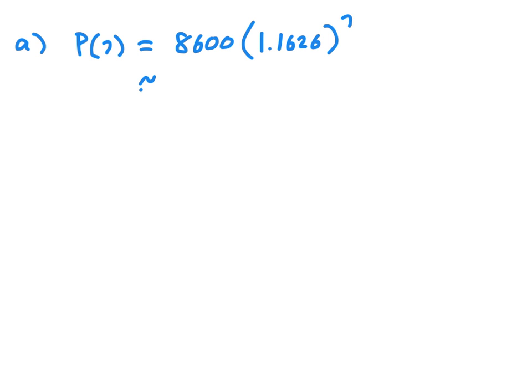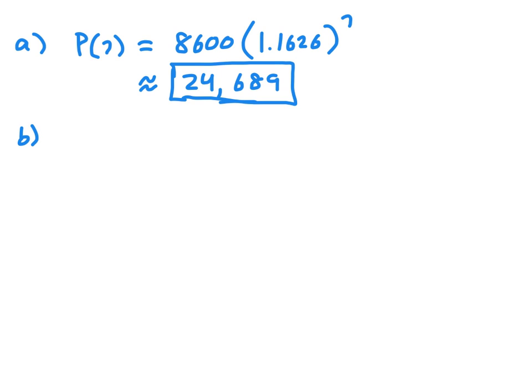And according to a calculator, this is approximately 24,689. Again, we're rounding this to the nearest whole number, as the question asked for the number of bacteria, and only whole number answers make sense for that particular type of question. In part B, we're being asked to find the doubling time. We want to know the time it takes for the population to double. So we want to know the value of t, where our population at size t is equal to